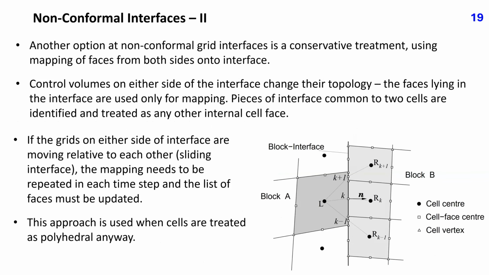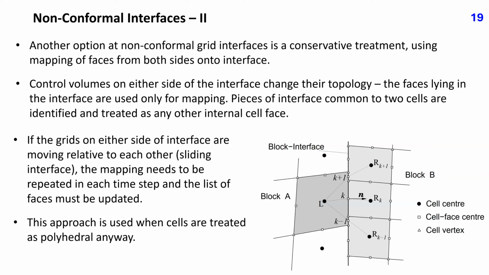Another option at non-conformal grid interfaces is a conservative treatment, using mapping of faces from both sides onto the interface. Control volumes on either side of the interface change their topology. The faces lying in the interface are used only for mapping, not for computing fluxes. New faces are identified as pieces of interface common to two cells. The list of such faces has the same ingredients as the list of regular faces separating two cells. These faces are treated as regular internal cell faces, so the CFD part of the code does not need any